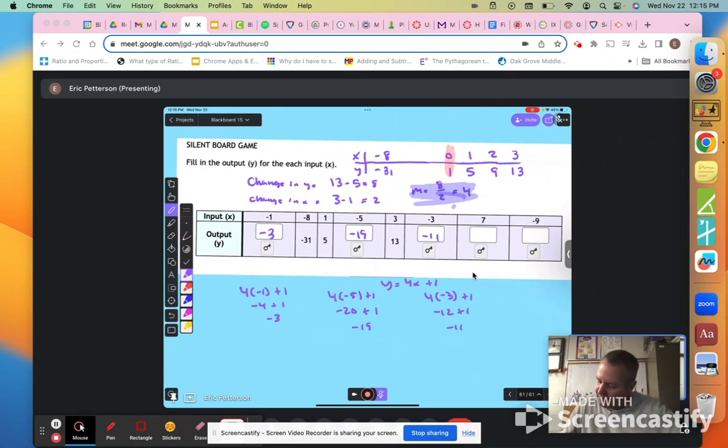Then I put 7 in. Oopsie, I did that incorrectly too. It's 4 times 7 plus 1, 28 plus 1, which is 29. And then the last one I need is -9. 4 times -9 plus 1, -36 plus 1, and that's